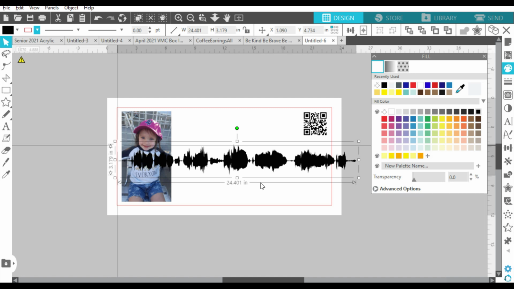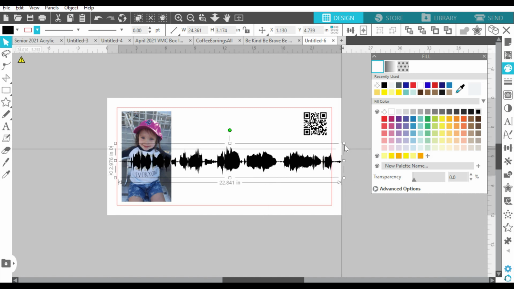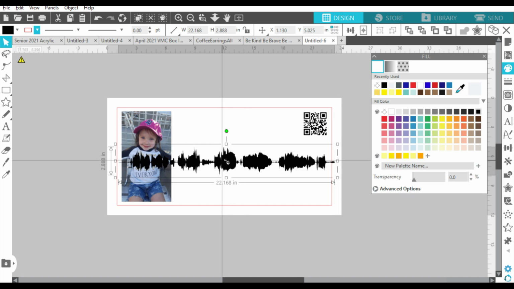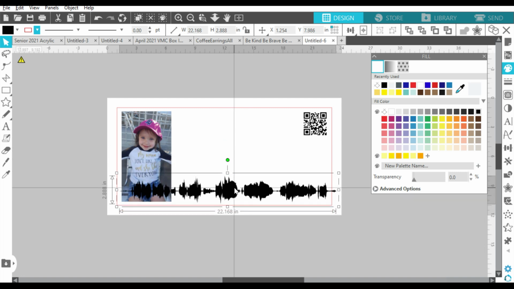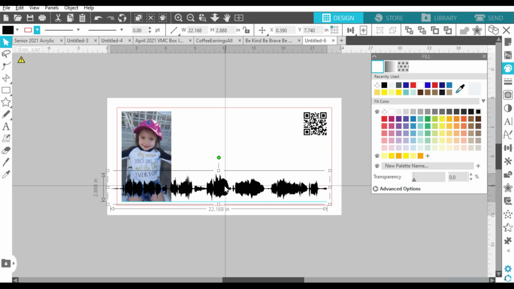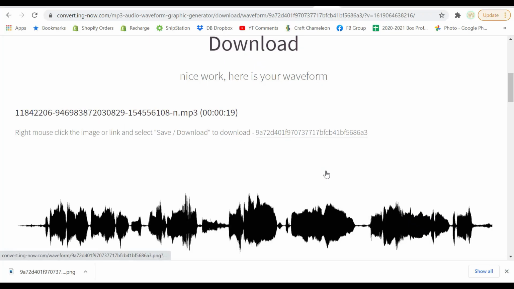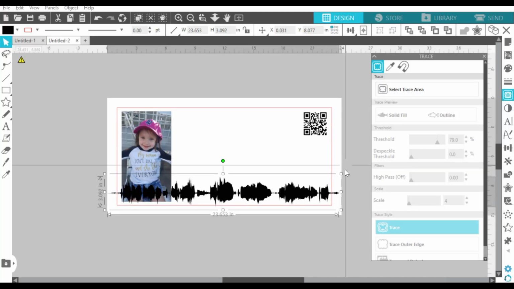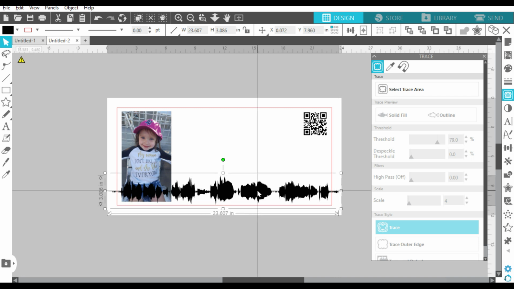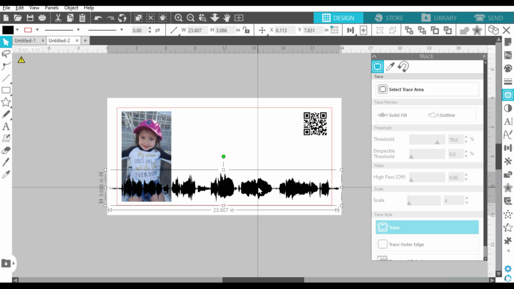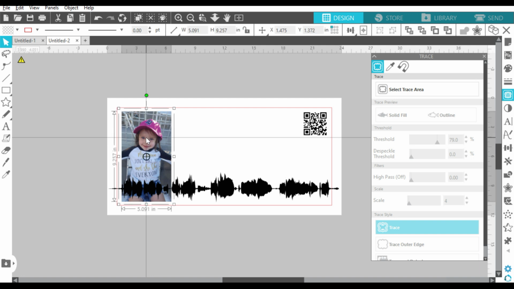Now, what I'm going to do is I can just go ahead and size this side to side. You'll see that I have a little bit on each side that's just like a little offshoot before the sound actually starts. So that's really useful because it'll help me to be able to line this up, and those little pieces will just hide under the frame on my sign. Okay. So I can move this really, any position. I chose a long frame because I knew this was a longer audio file.